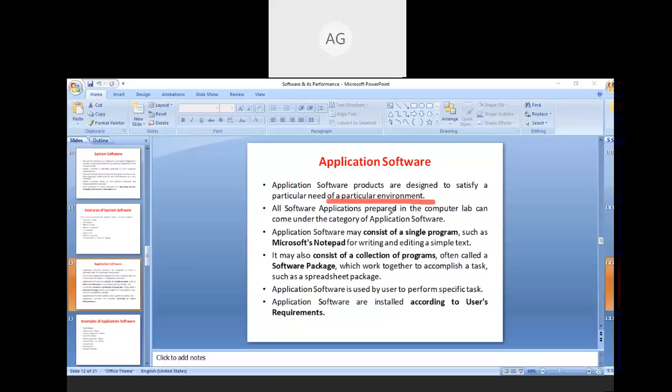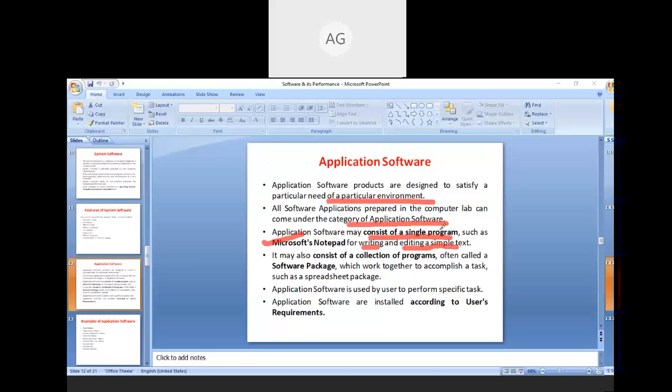All software applications prepared in the computer lab can come under the category of application software. Application software may consist of a single program such as Microsoft Notepad. Microsoft Notepad is also an example of application software for writing and editing simple text. This is the task performed by Notepad.